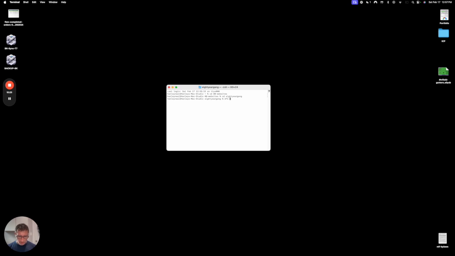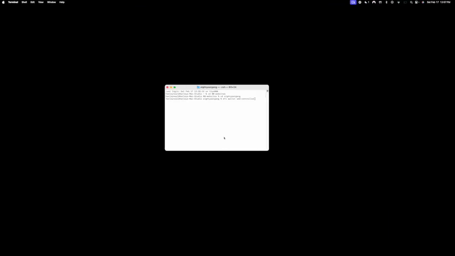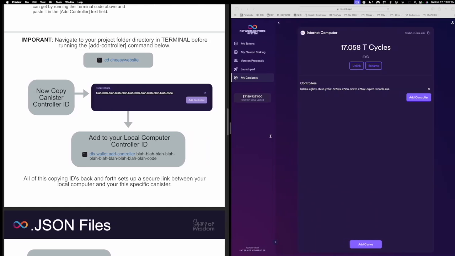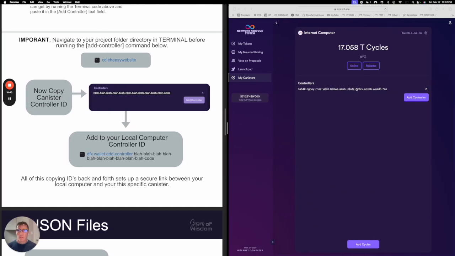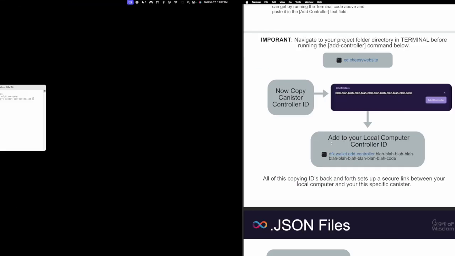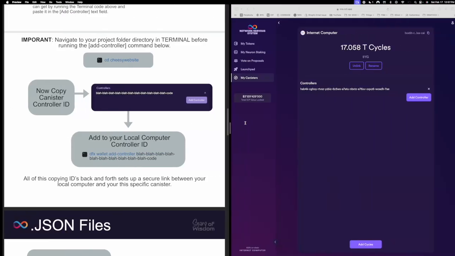So I'd type in dfx wallet, what was it, add controller. I think that right there, the add controller, and then I would do a space, and I would paste that controller ID, which this is actually going to be removed. That's going to be changed. You couldn't do anything with that anyway. But so the dfx wallet add controller, and then I'd paste that ID and run that, and it would